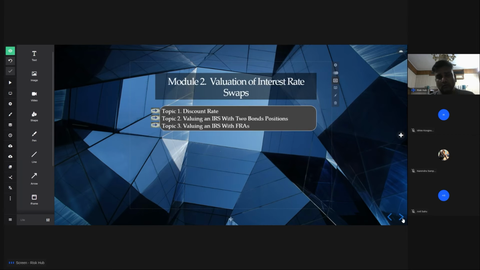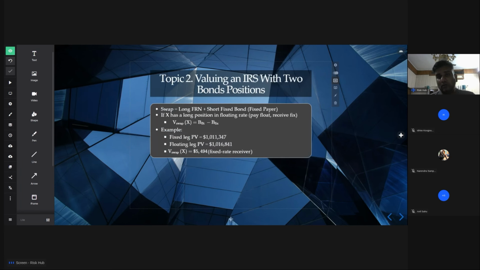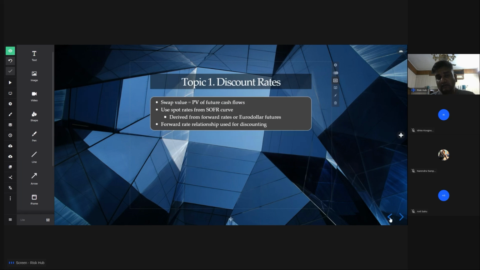Okay. So all right, let's talk about the discount rates now, guys. First, understand the discount rates. What exactly is happening here? Why do we need to understand this part? Very, very important. See, when we talk about discount rates, especially in your FRAs, especially in your swaps,